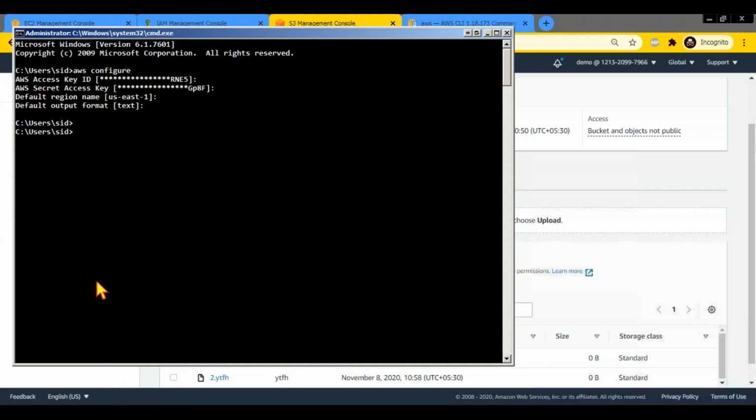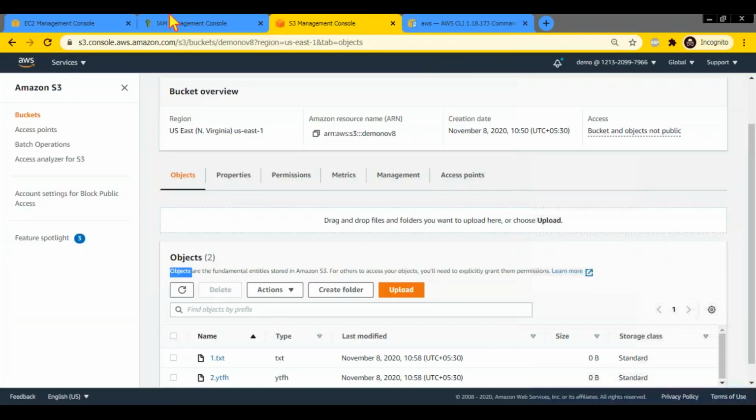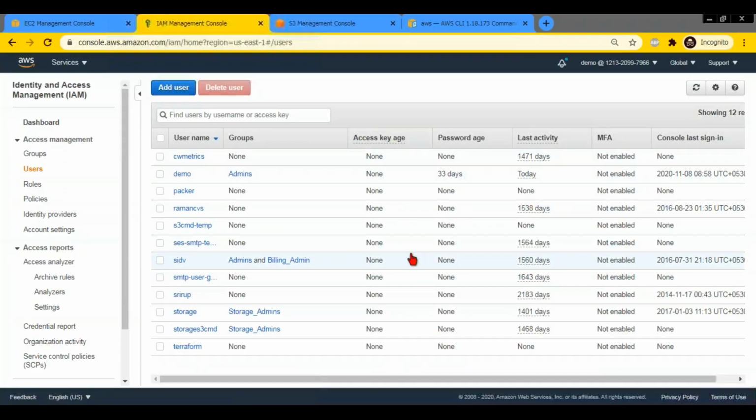Now here, those credentials will still be saved, but they will not work because I have removed the user. These credentials are invalid now. Even though they are still saved, they are invalid because this access key does not exist since I removed the user. The user itself is gone, so his access keys, everything is gone. So after you practice, you can just remove the user.